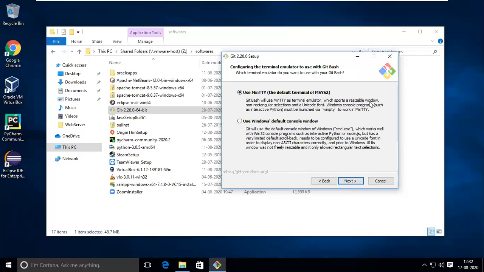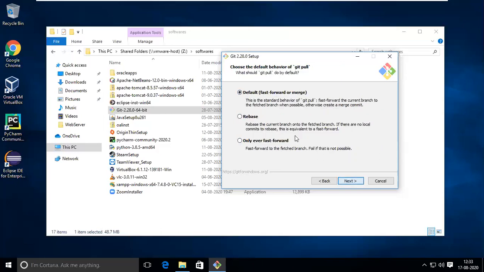Terminal editor, resizable window, non-raster font selection, and it is the default Windows. So it works as well with 32-bit Node.js. Okay, so you can use anything, no problem. MinTTY is one terminal, or you can use the CMD based terminal. So best is this one. I'm using this one, you'll see. I use the default one, whatever it is.